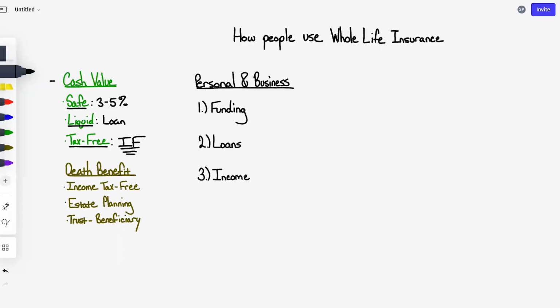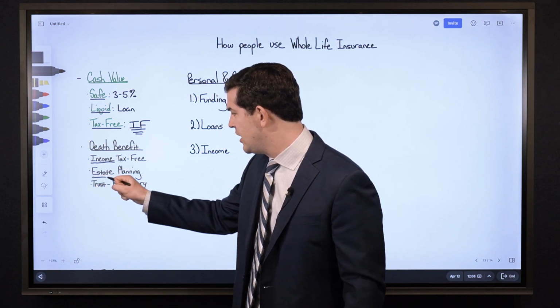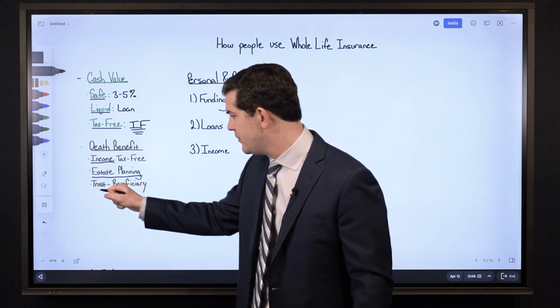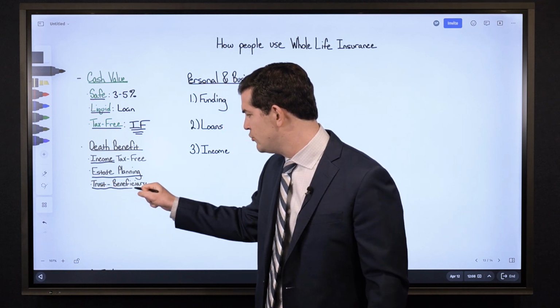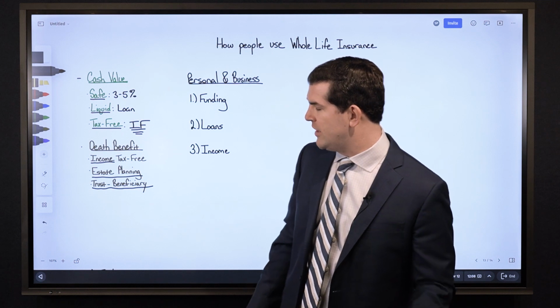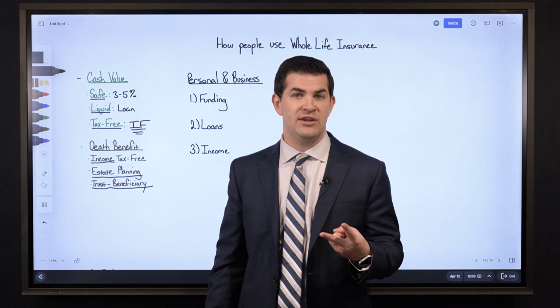Then we've got the death benefit. Death benefit proceeds are always paid out 100% income tax-free. They are not automatically exempt from estate taxes. However, life insurance is very, very heavily used in estate planning, also business planning. And also what you'll see from a legacy standpoint is a lot of times individuals will set policies up where a trust is the beneficiary. Sometimes the trust is the owner of a policy as well.